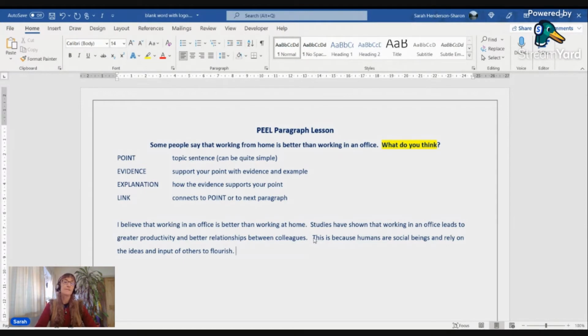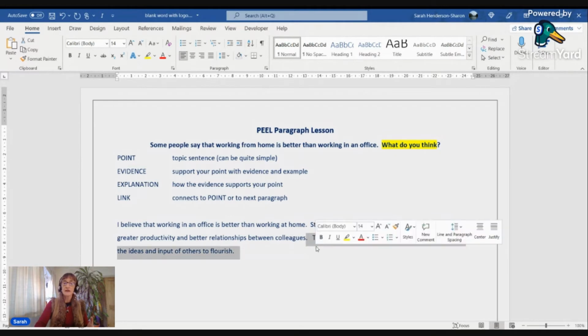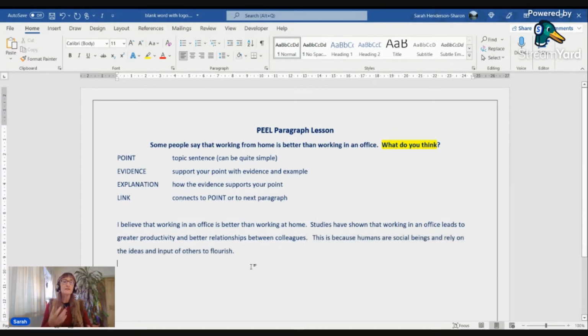That's my explanation. Okay, so in this sentence, I have explained why these studies work, why this is important. Why do we need to be in an office? Because we're social. We need other people around us to help us and support us. So now I'm going to have my linking sentence. And I'm going to start by linking back